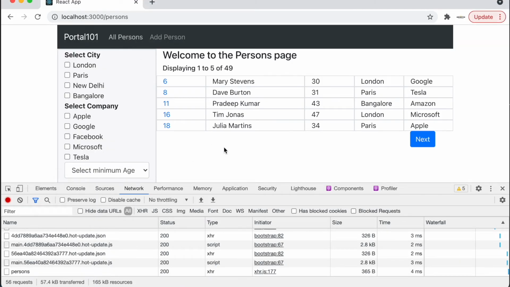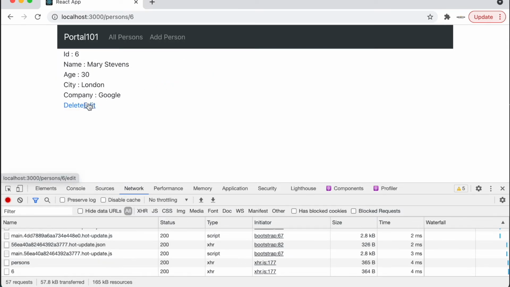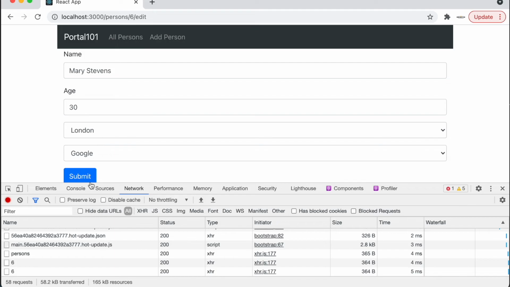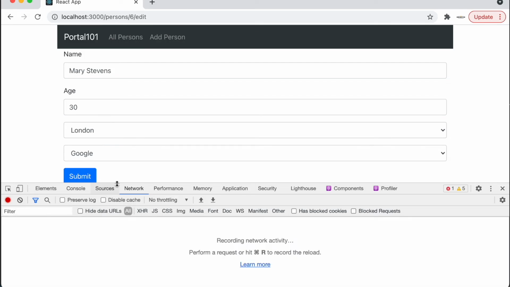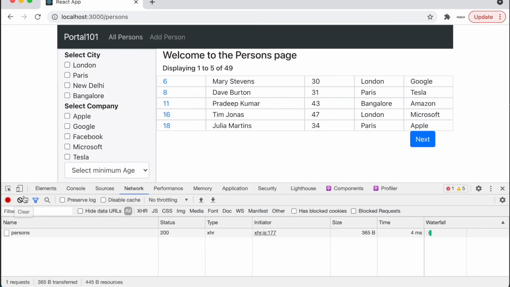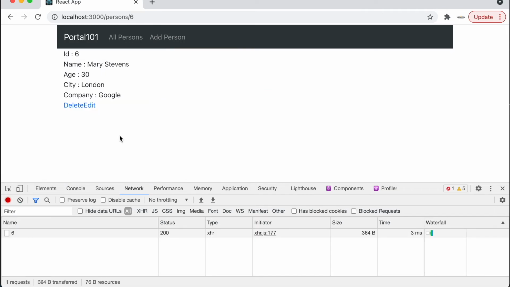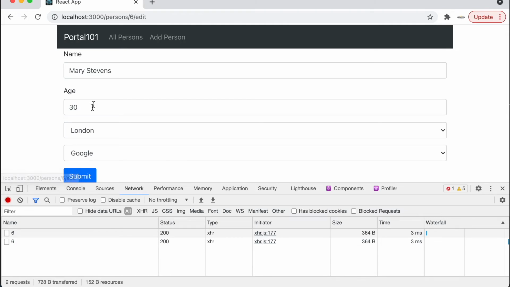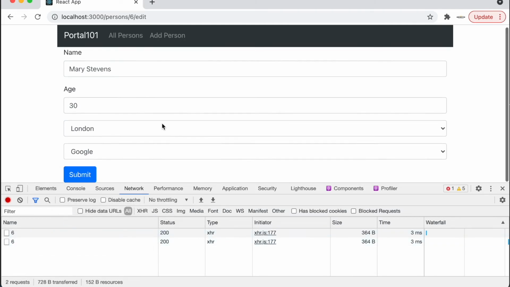So we have all persons. Let's go to Mary Stevens. Let's click on edit. Now in edit, let's go back and we will test it again. So now if I click on Mary Stevens, we have gotten the details. If I click on edit, we get the details again.